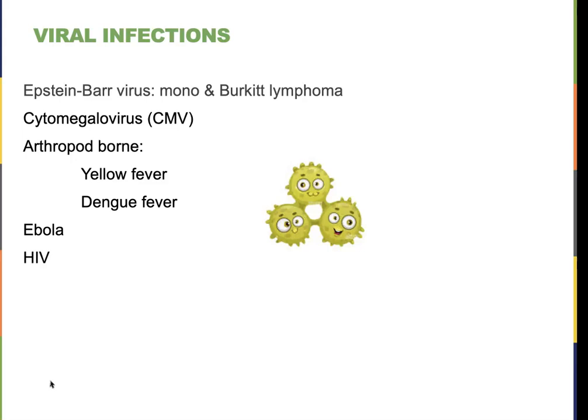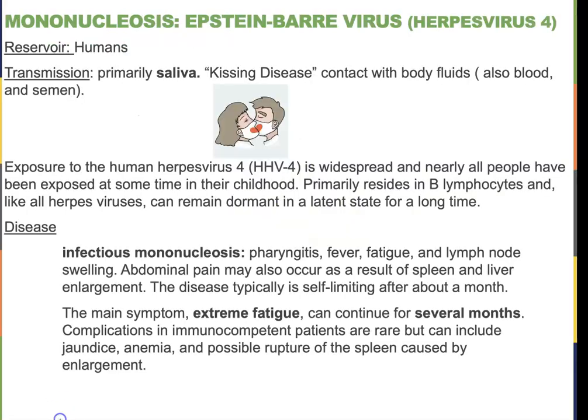All right, this is part 2 of our infections of the circulatory and lymphatic systems for microbiology. We're going to be looking at these viral infections here. The first one we have is mononucleosis caused by Epstein-Barr virus,